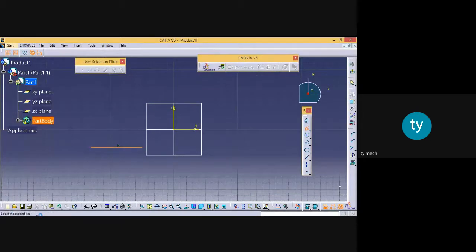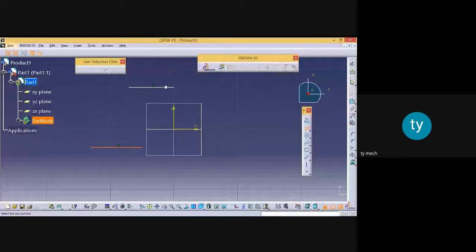So for this purpose I have to draw another line separately. So this is the first line and suppose I will draw a second line over here. Now go to this command. This is the first selected line. I have selected a second line.